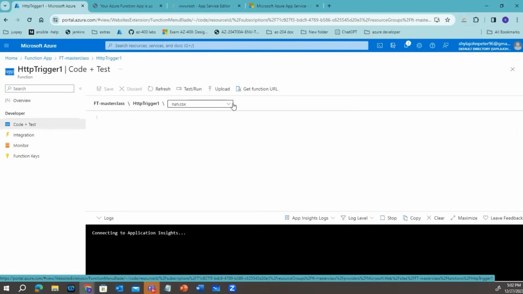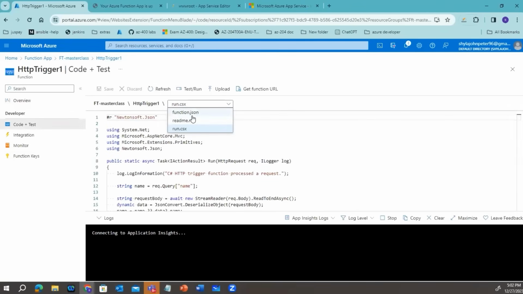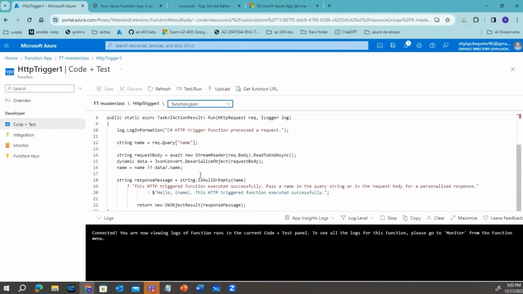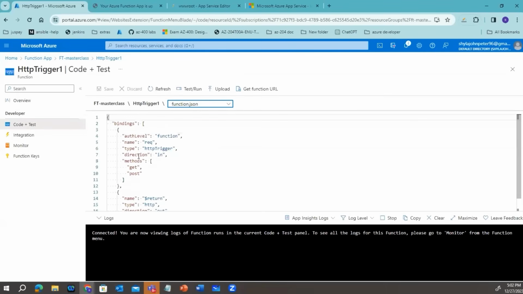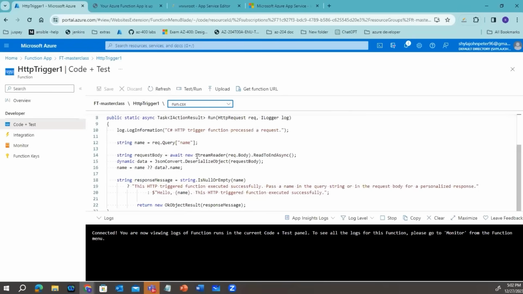See, you have these many files, function.json, run.csx, all these things. This is an HTTP trigger, right? And these are the bindings. Function.json sets the bindings, and by default it has some set of code already available. So you can utilize this code or write your own logic here, and then you can run it.